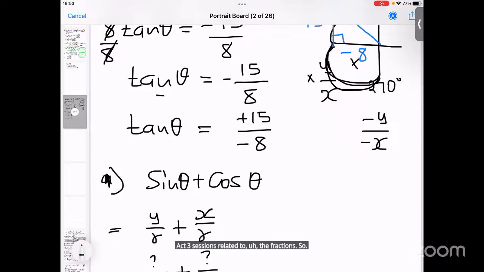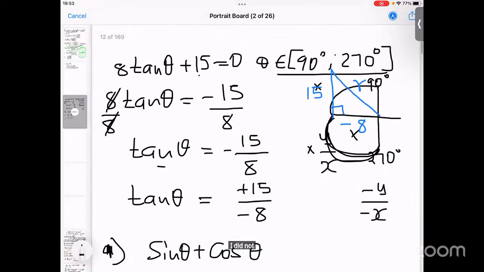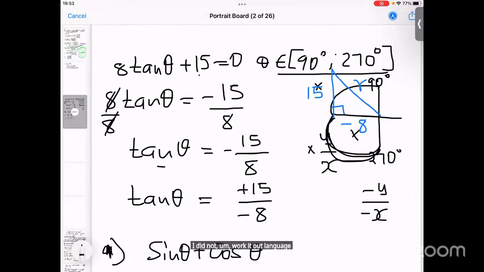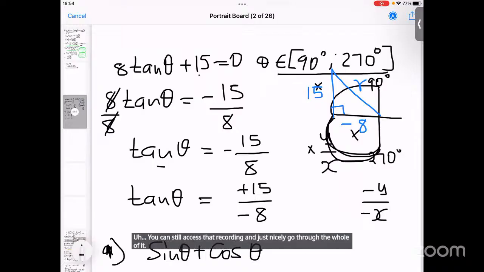Even though I did not work it out fully, I'm pretty sure